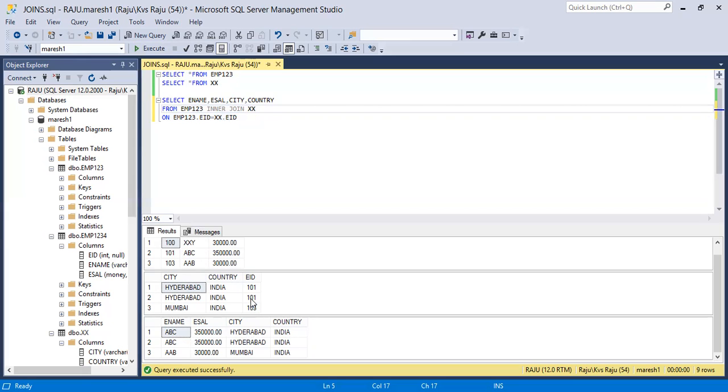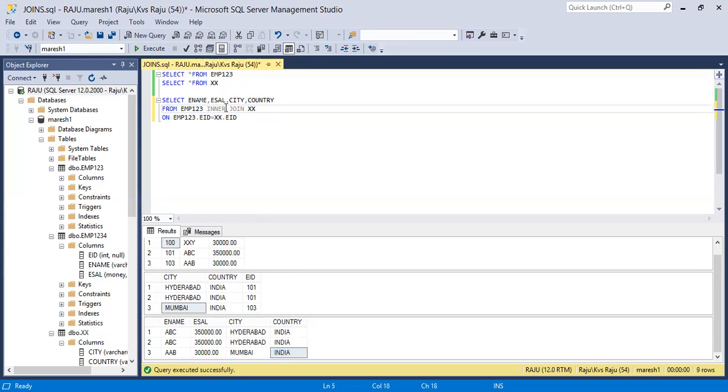Again I have 101, that's why ABC Hyderabad India. Next I have 103, its name is AAB, and its city is Mumbai. Like that it is going to display only matched records from both the tables. This is about inner join.